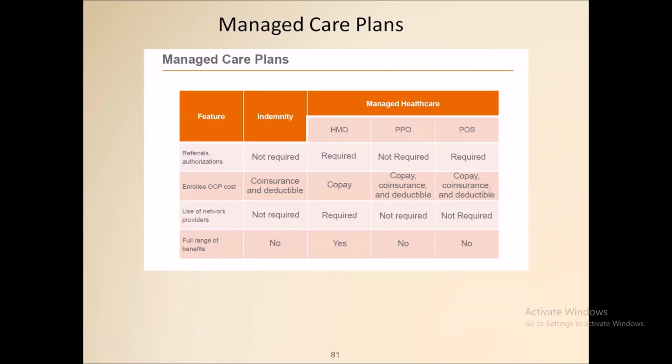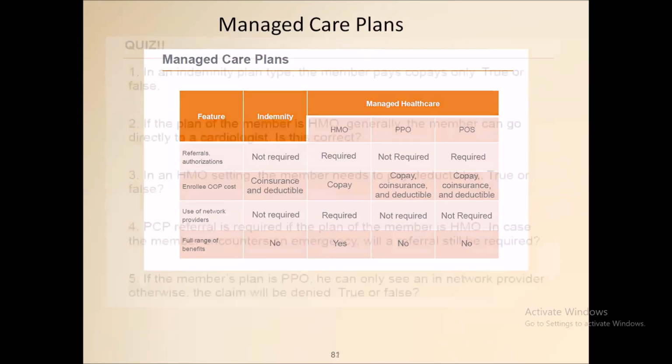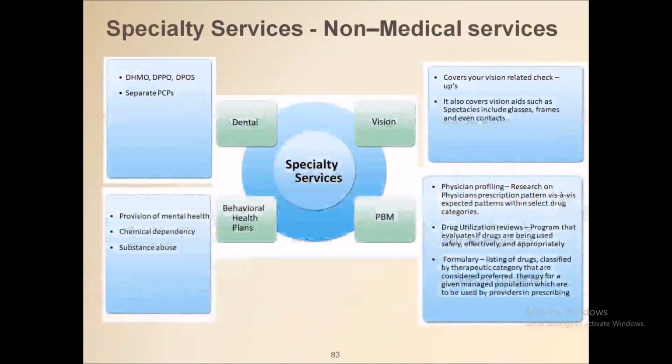And one more is the Exclusive Provider Organization. It's again a combination of PPO and POS, they say. But again, you will get confused. That's why I did not add that here. But yeah, it's self-explanatory basically. Okay. And specialty services, like